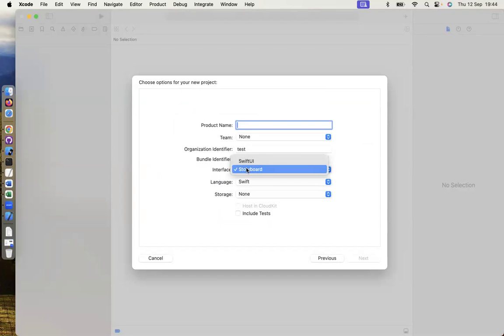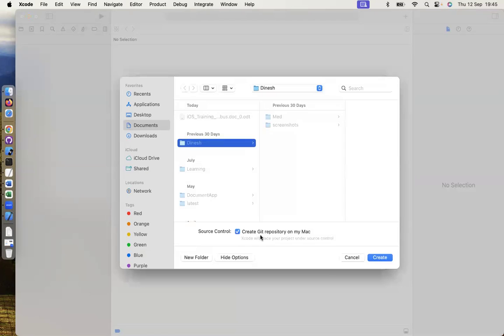Next, which one is SwiftUI or storyboard? You are asking for the interface. That time, whichever application you are choosing, we can choose it. If you choose SwiftUI or storyboard, based on that we can implement this. For example, I will choose storyboard. This is the sample. I'm showing how we can build our mobile applications and how easy it is to implement. This is one sample project for explanation purposes.